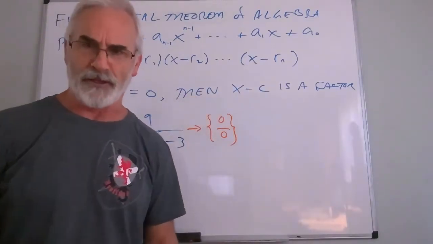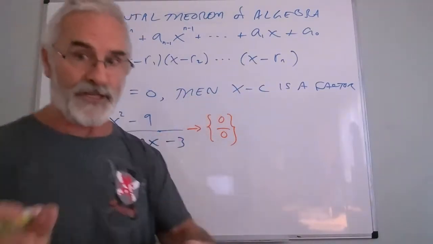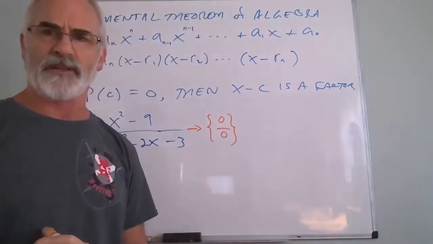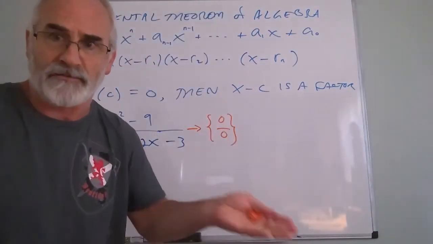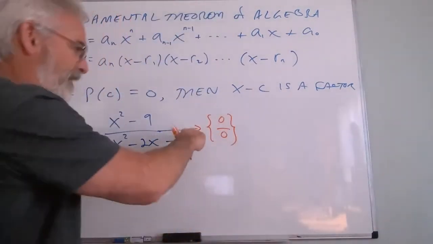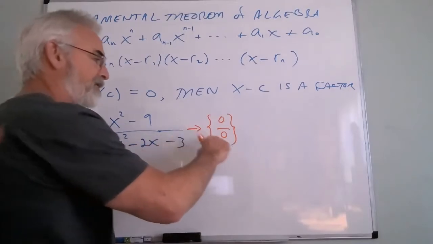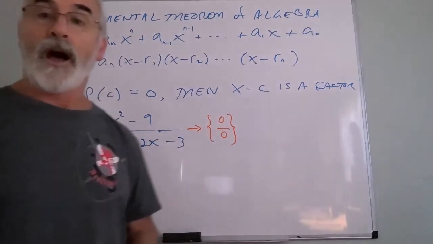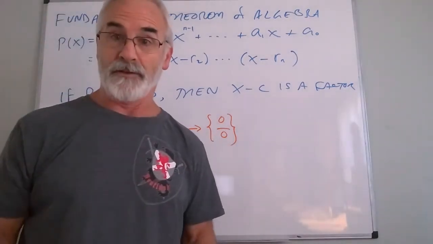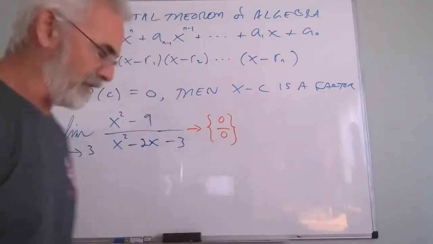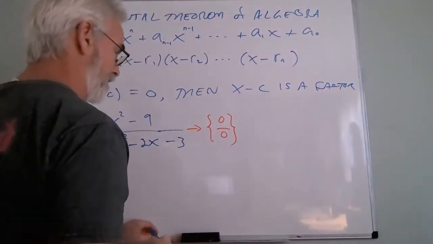Because you would never say my limit is 7 and the number 7 equals, that doesn't make sense. If your limit equals a number, that's the limit. So once I put in equals, that would mean I'm done. No, it tends towards this form, which tells me maybe I can factor and cancel. But you see, I'm not very good at factoring. Well, actually, you don't have to be very good at factoring,